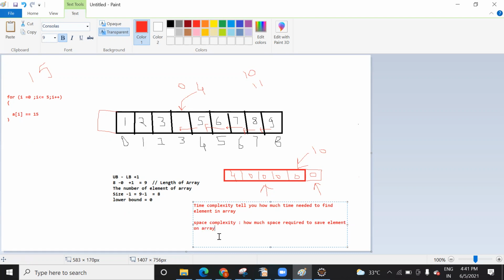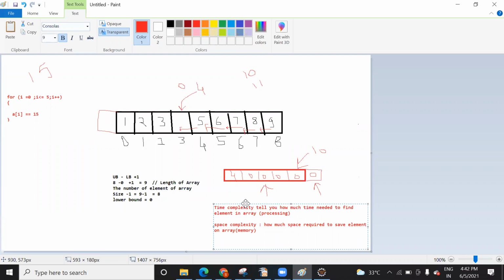So this is with respect to memory, and the first one is with respect to computing, your processing. Always remember this. This is a very important point, and this is the base of our computer science subject: time complexity and space complexity.